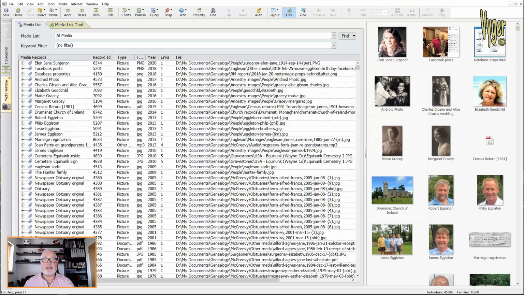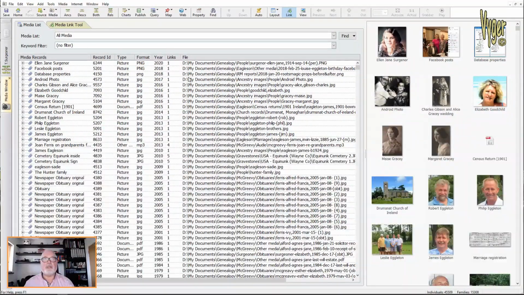This left-hand column is the captions. This is the record ID, which is the media record. Here's the type, and I can sort by any of these columns. This one is format, the year of the media, how many times it's linked, and here's the file name on the right hand side. The other thing I'd just like to mention when I'm in here is these filters at